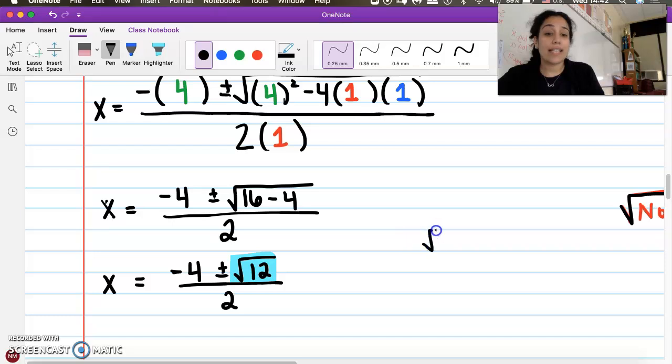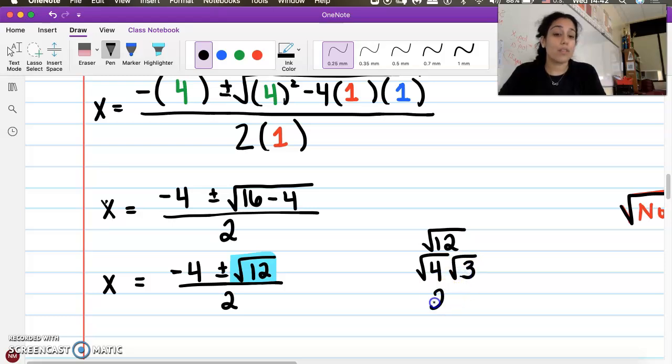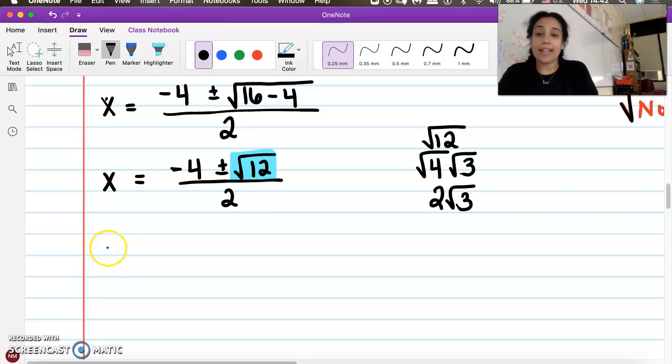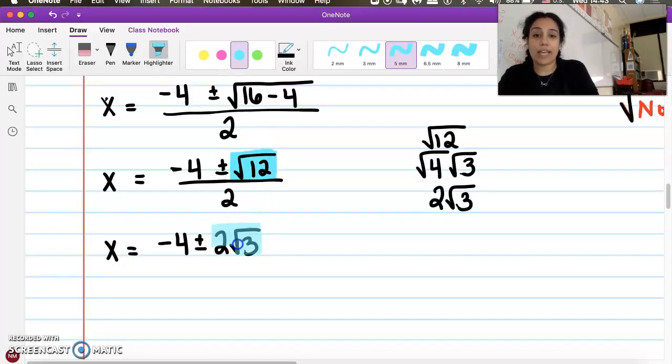We learned that the square root of 12 we can simplify. Well, the square root of 12, what's the biggest perfect square that goes into 12? The biggest perfect square that goes into 12 is 4. So we have 4 times 3. This becomes 2 root 3. Square root of 4 is 2, and root 3 stays the same. So now we have x equals negative 4 plus or minus 2 root 3, right? This radical 12 just became 2 root 3,